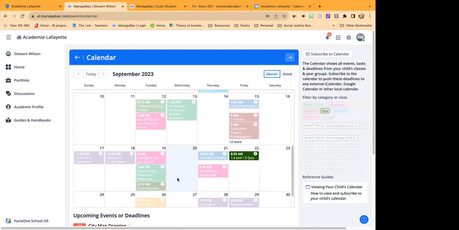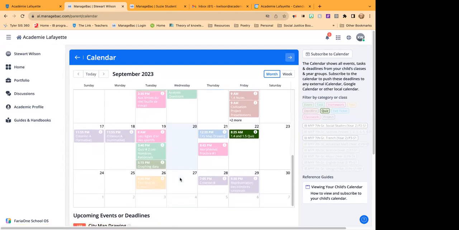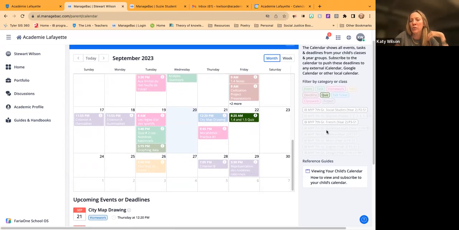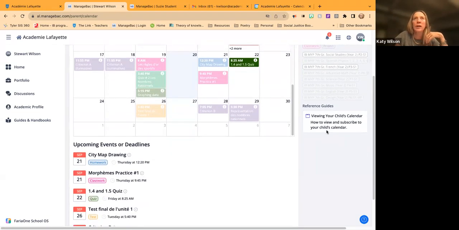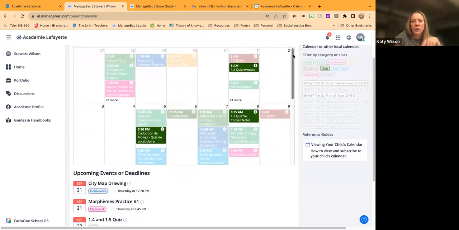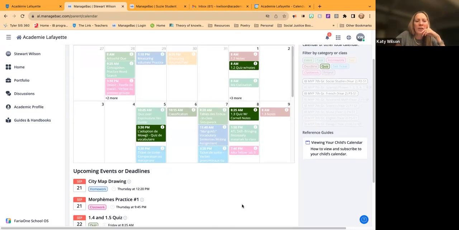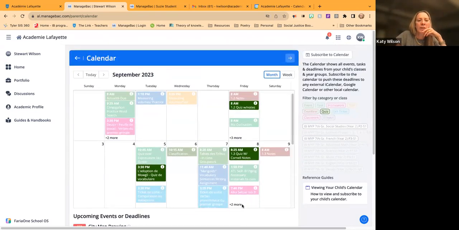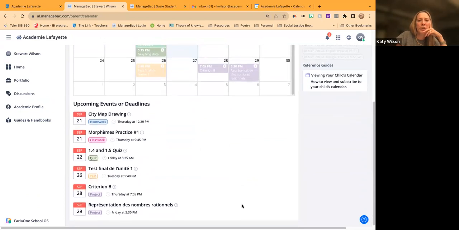Like for homework assignments or something? Yeah. So you might play around with that too. I don't know if there's a way, when you subscribe, to filter what you get. I could play around with that more and see if I could figure it out. But the other thing too is, if I keep scrolling down in this calendar, you can see